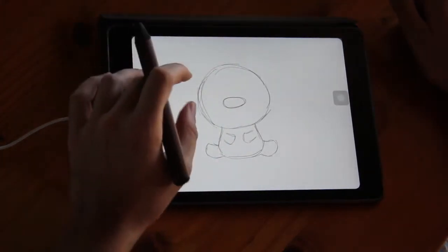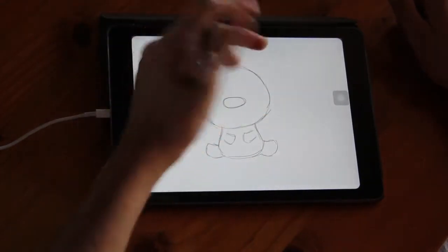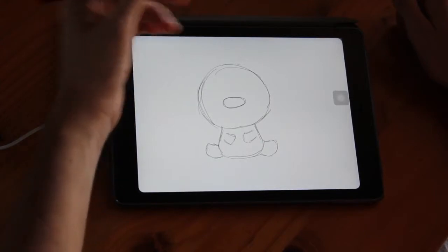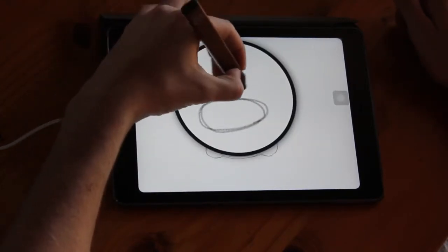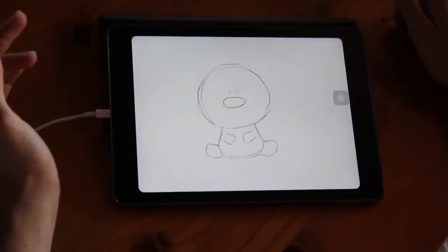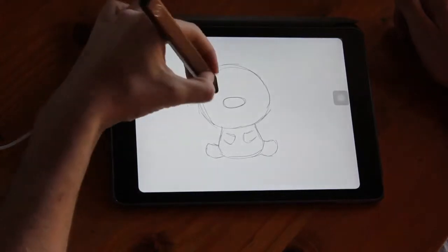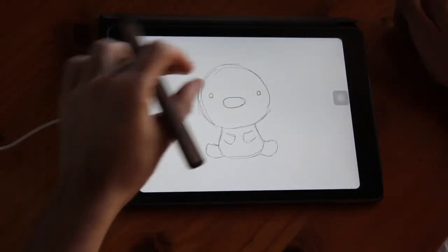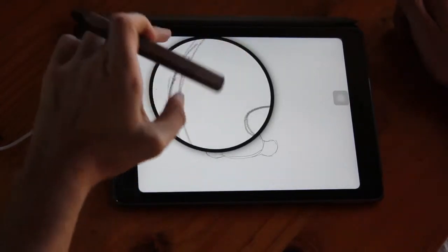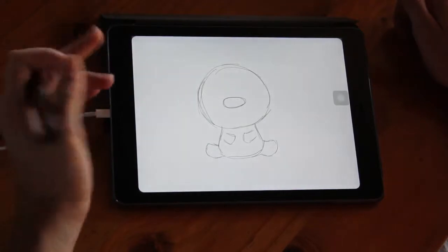Drawing cartoons is obviously open to interpretation. You can do things in different ways and it will give you different results. For example, if I place the eyes close to each other, your character is going to look like this. If I decide to draw the eyes further apart, your character is going to look different. So it's very much about trying different things and seeing what you like and what you don't like, and experimenting